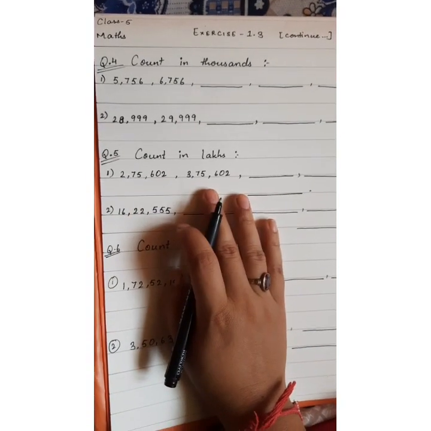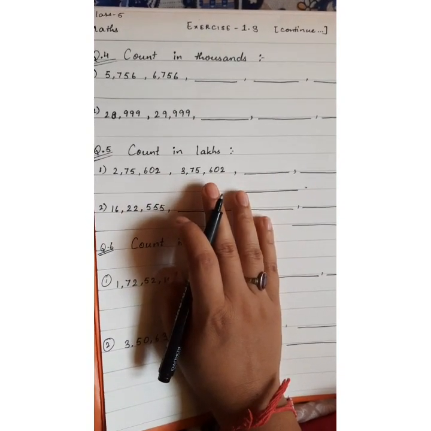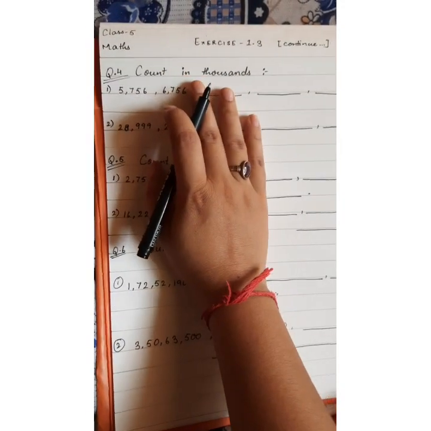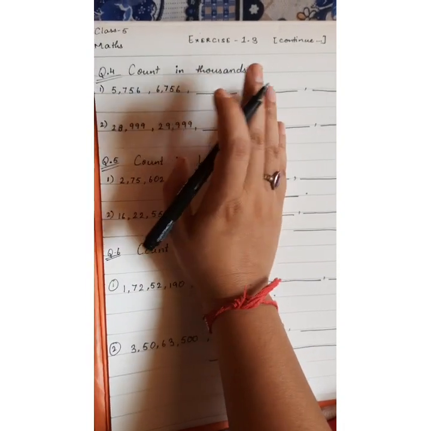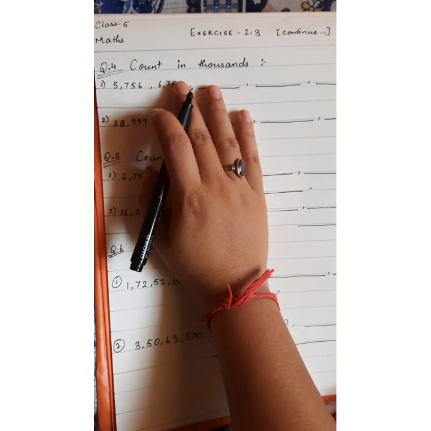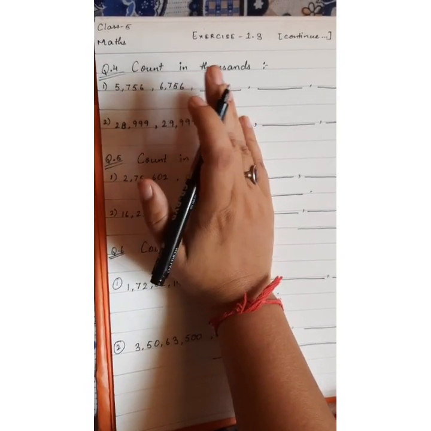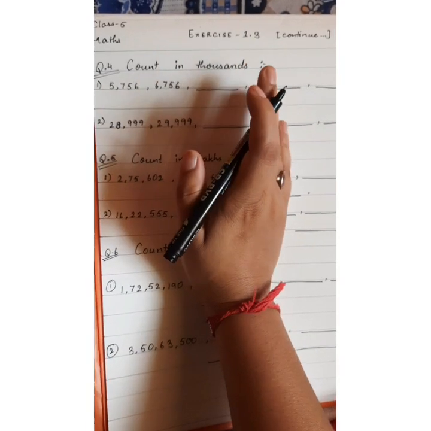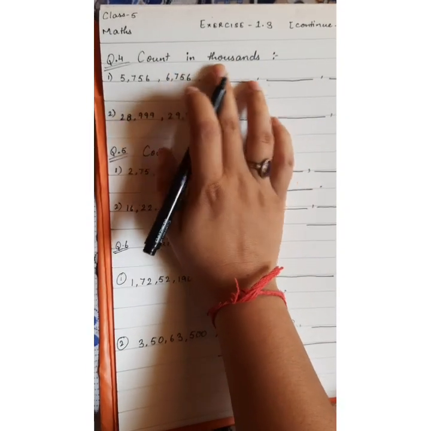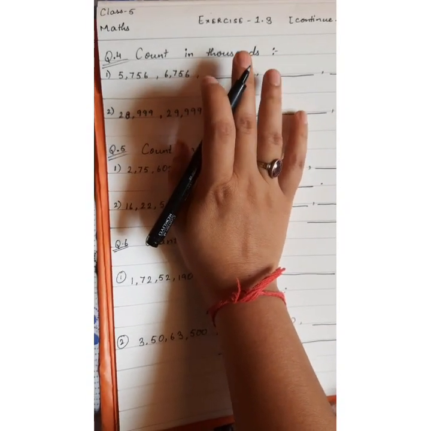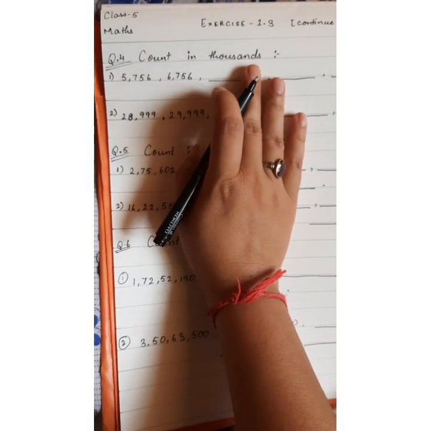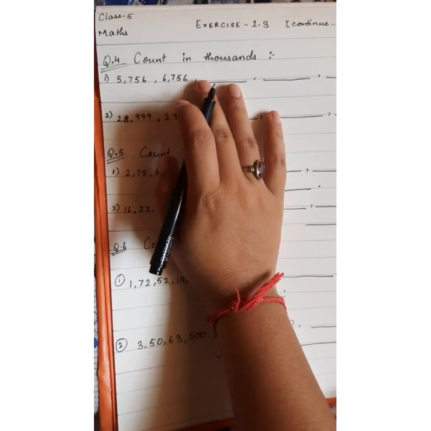I hope you have done this also in your 4th class, but it was up to hundreds only. The question was like that: count in hundreds or count in tens. Here we will start with counting in thousands. Count means we have to do the counting like you have done in your previous classes, like 1, 2, 3. Here we have to count in thousands. That means we have to increase the number at thousands place. Rest of the numbers will remain same. Let's see how we have to do.